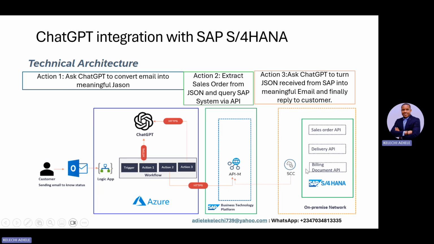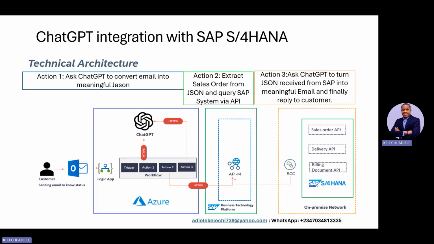So it just gives us an idea of how information can flow. This is just a very brief example of how a customer can send an email and it goes through some kind of workflow. It touches ChatGPT. That information actually goes into, like we said, ChatGPT has a lot of integration with a lot of APIs. Once it gets into the business transformation platform SAP, the APIs are read and information is sent to